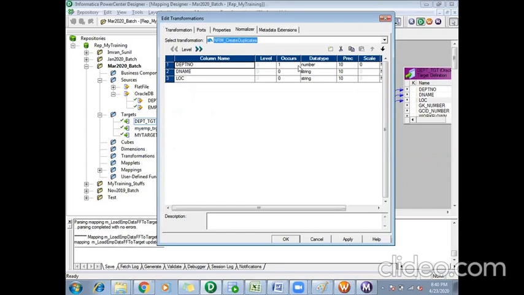Sandesh, your voice is gone. Network issue, since it's raining today also.